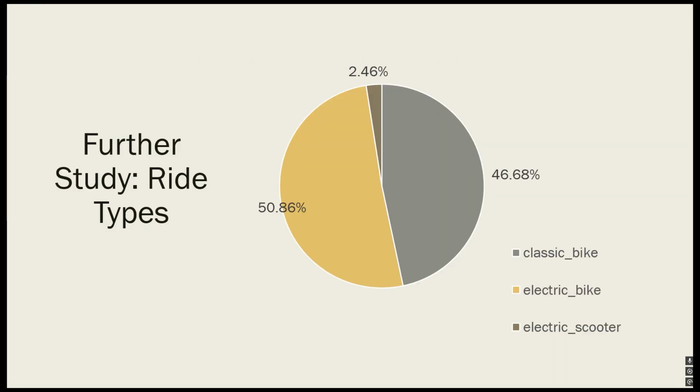In terms of further study, we could look at the ride types. As you can see, taking a look at this donut chart, it is very important to note that barely anyone uses an electrical scooter. Although it is not the primary goal, it could be worth taking a look at the budget used for the electrical scooters. We could end up saving money in the long run if we consider dropping this type of service, but it could also be possible that it is a new service type for the Cyclistic company, and maybe people are not aware that Cyclistic does offer this type of ride type.